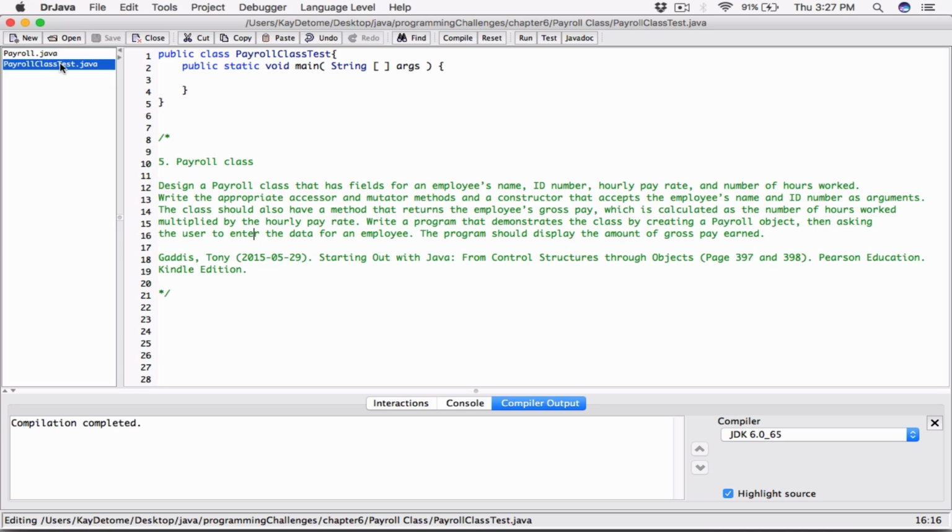So in the class, it says write a program that demonstrates the class by creating a payroll object. So let's go ahead and create a payroll object. To create a payroll object, you start with the name of the class, like this, Payroll, and then that object's name. It's going to be like a regular variable. I'm going to call this payroll